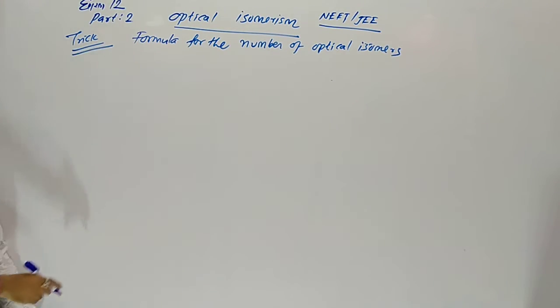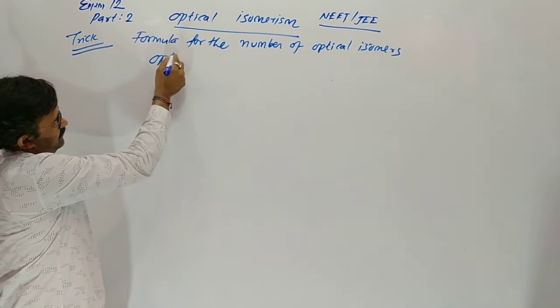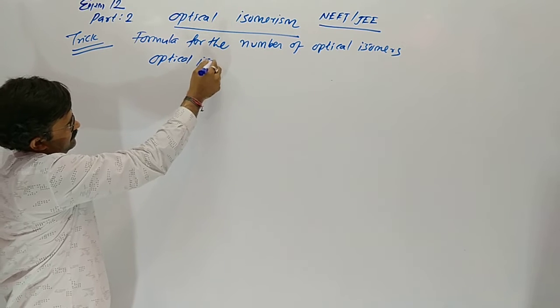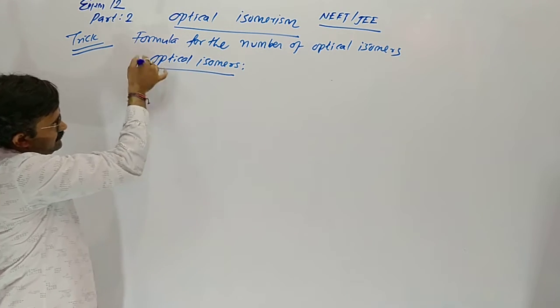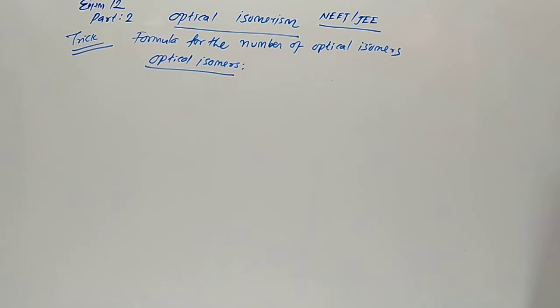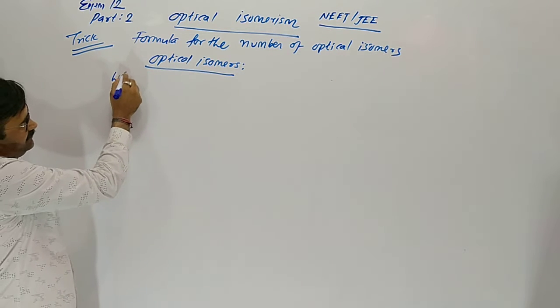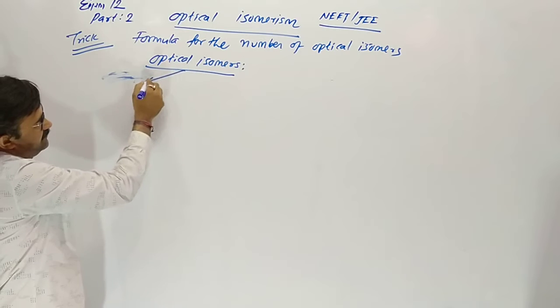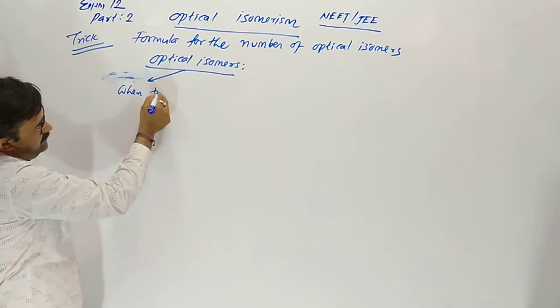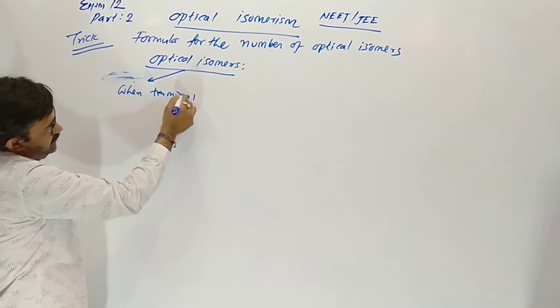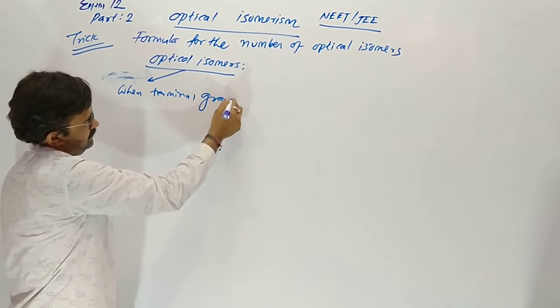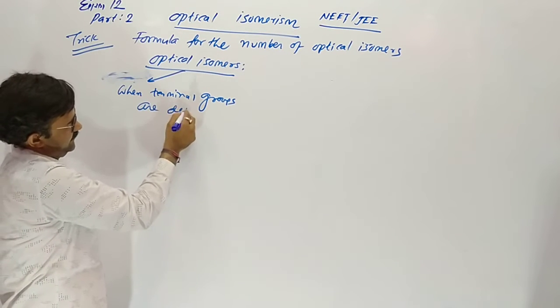Yes, I am giving you a trick to find optical isomers. In the first case, when terminal groups are different,